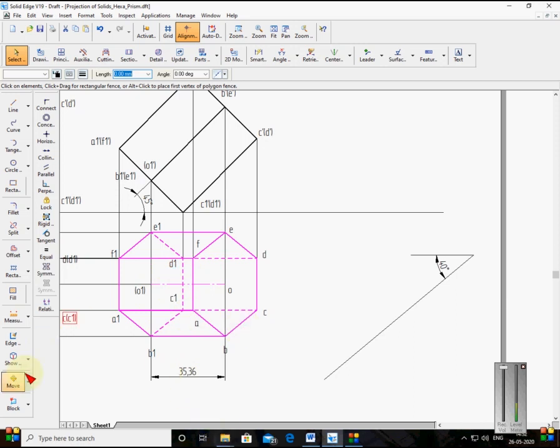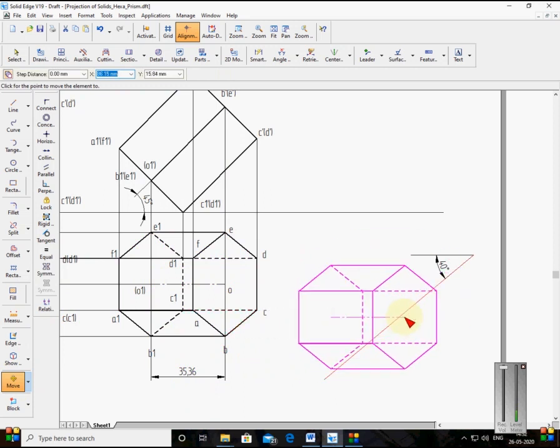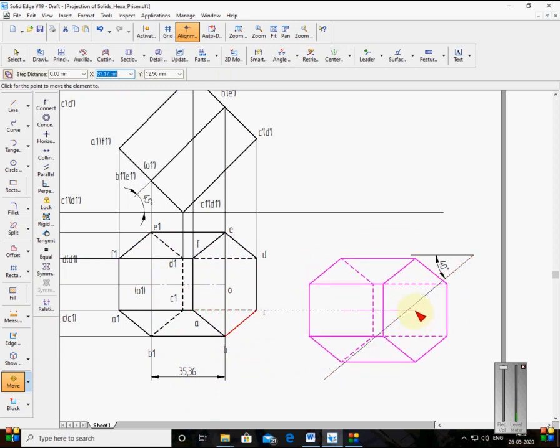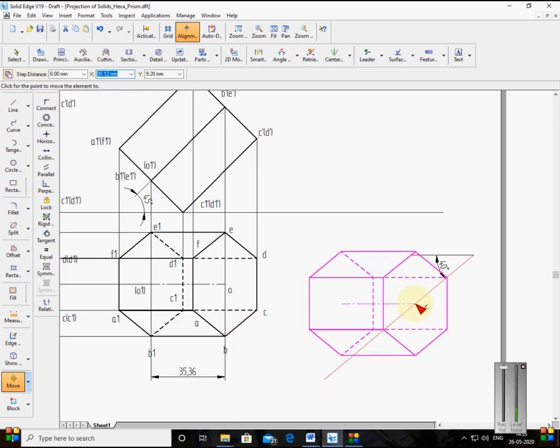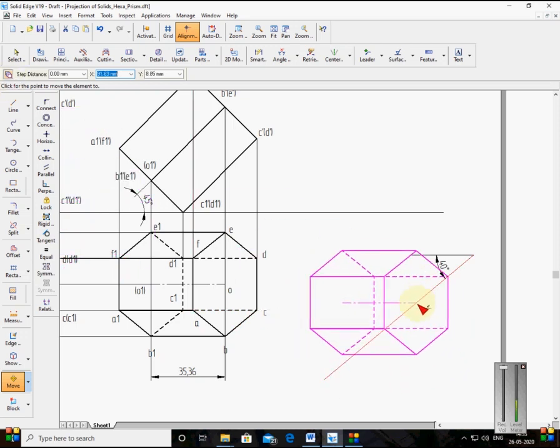So now what I will do, I will move this. I will take O1 or O, because I want O1 to be on this line. That's why I will take O1 here. Bring the figure here. See, you can see the figure here in preview. You have selected everything, all the required lines. Now I'll keep this figure in this way. I'll keep any one point on this line here like this. Okay, here I'll keep it. See, copy option should be on, because the original figure should be there of second position. So I'll keep it here.